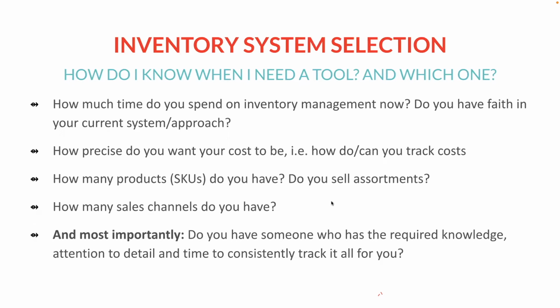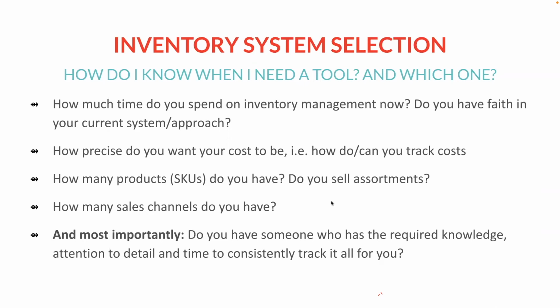To answer the question of which system you should use, ask how precise you want your costs to be. Meaning, do you want to track it in pounds? Do you want to track it in units? Do you want to track it in species, SKUs, subweight? How detailed do you want to get? How many SKUs do you have? If you have 3 SKUs, a spreadsheet may be enough. If you have 75 plus, we may be looking at a different